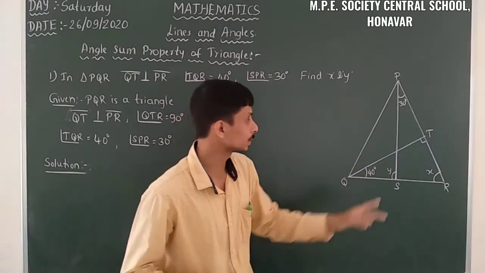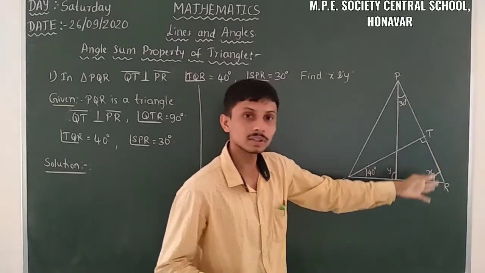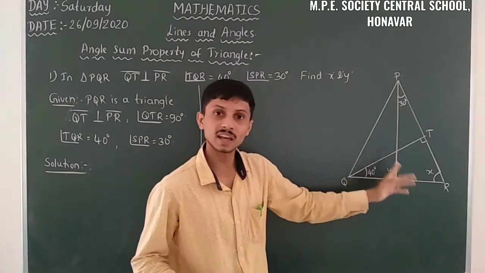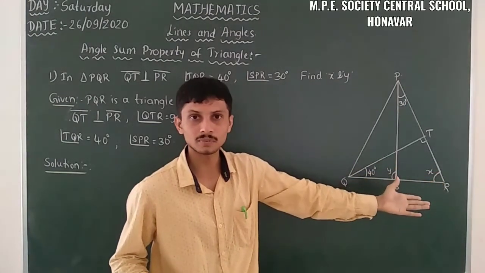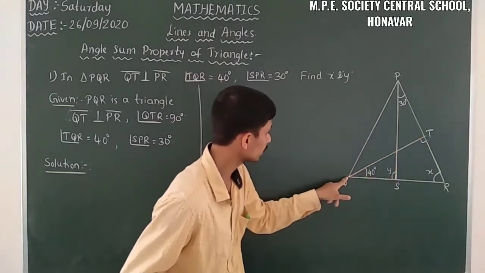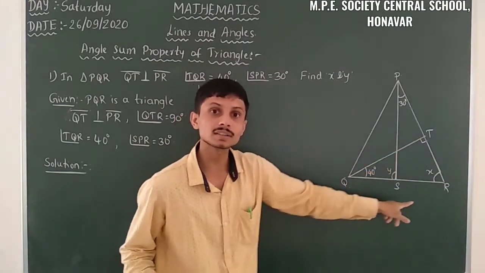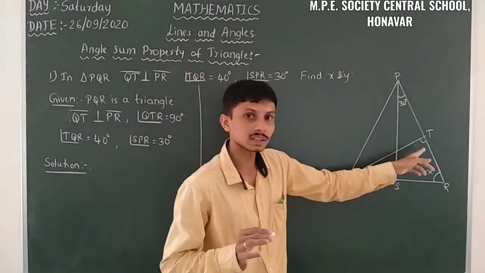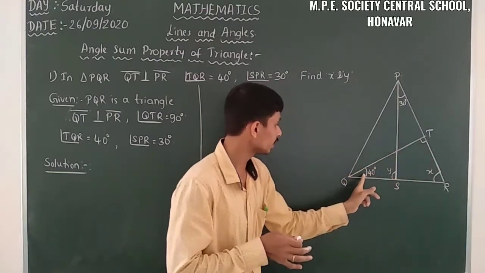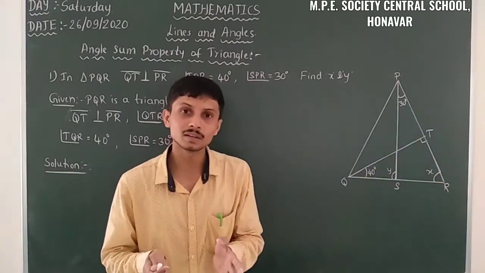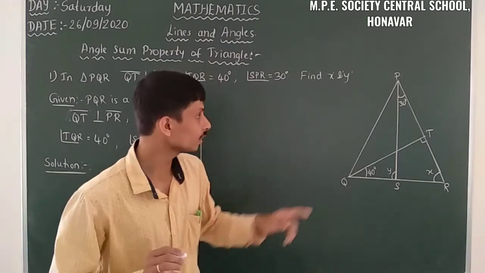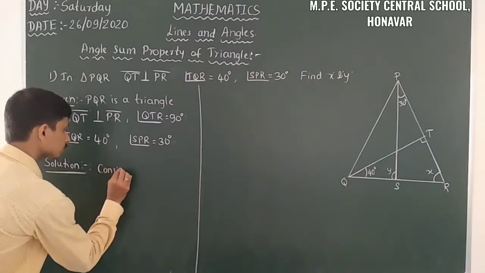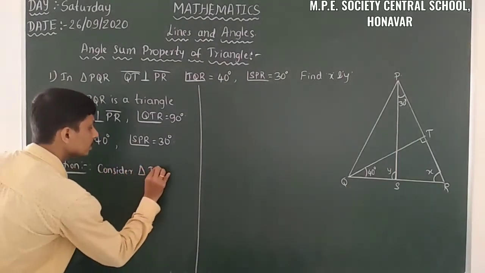We do not have angle P and this complete angle, so it's impossible. Then let us take PSR. When we take PSR, we have only this angle. There is no other angle. If we had this angle, we could easily identify the value of X. But here another angle is formed, that is TQR, and in that also angle X is a part. So just observe whether it is possible. Here it is 90 degrees, here it is 40 degrees. So we can easily find the value of X. So consider triangle TQR.